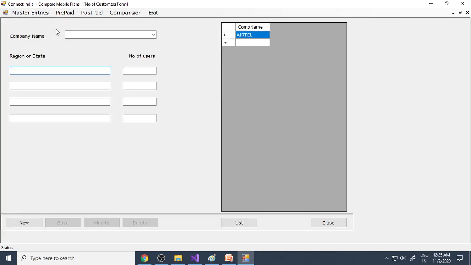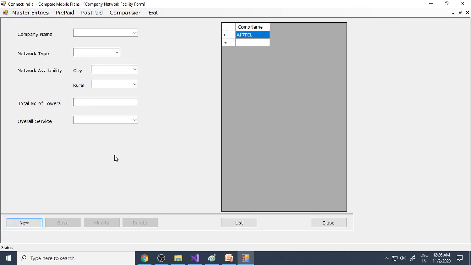So next, company wise customers. For each company, how many customers they are having, in each state or in the region. So we can divide, here is country India. Therefore you can divide into 4 divisions: south, north, east, west. Like in that, how many customers are there. So therefore it gives an idea of how many customers they are serving. You need to do this for every company. So BSNL you need to enter, and other companies you create, even for that you have to enter here.